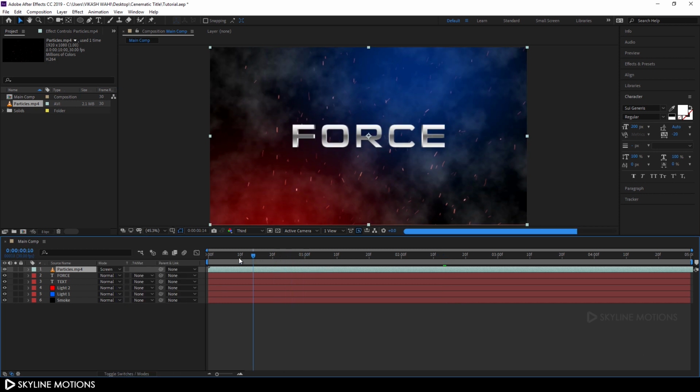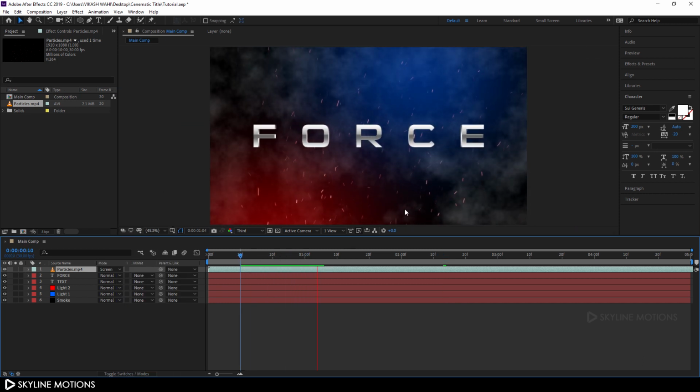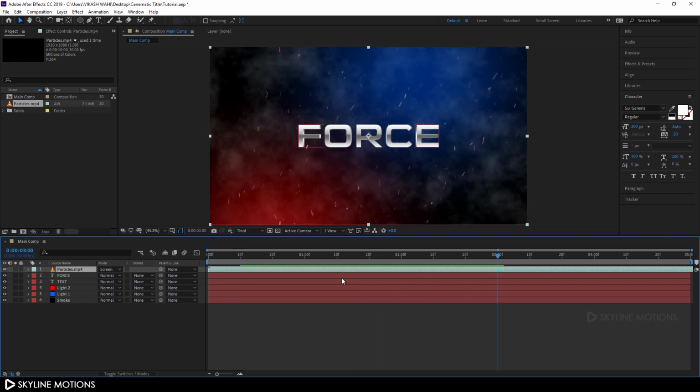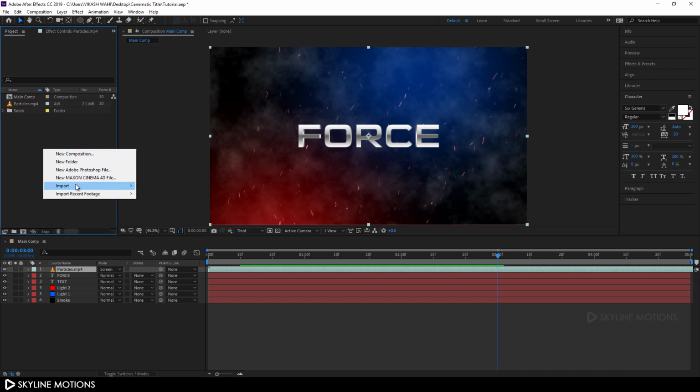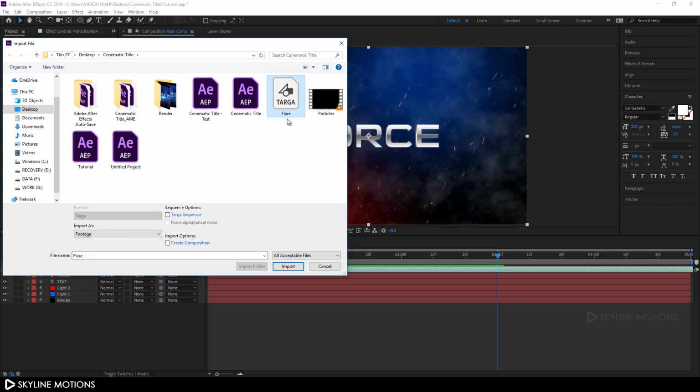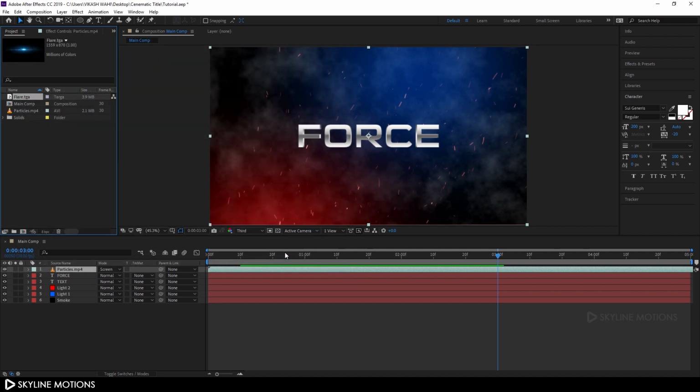Okay, and let's play this. So as you can see, it's looking something like that. And now we have to add a lens flare over here. So right click on this project window, go to import file and import a lens flare file, which I have also given a link in the description. So go to the link and download this flare and click on import and drag this flare file into this